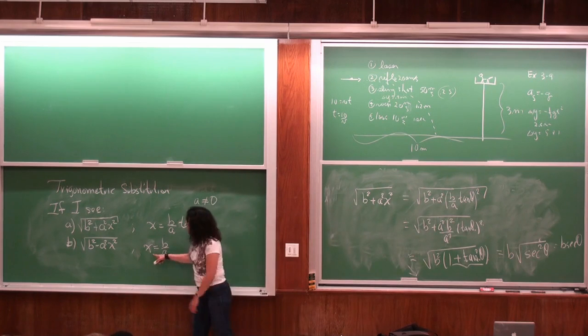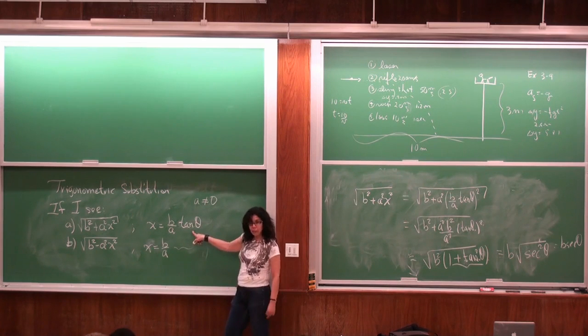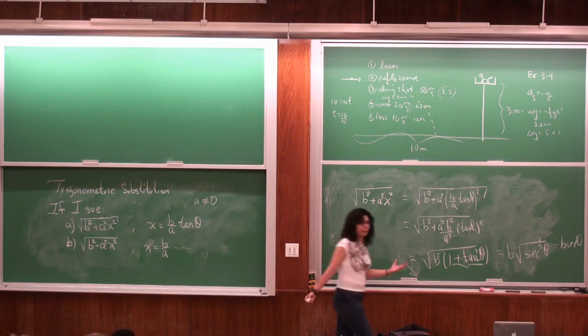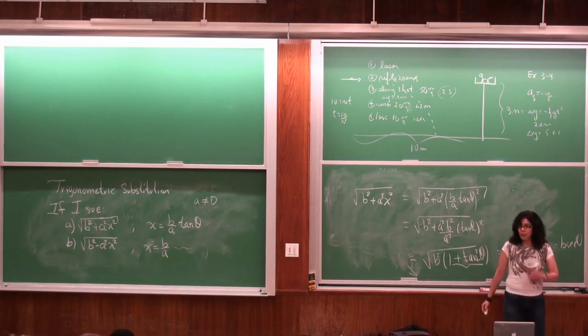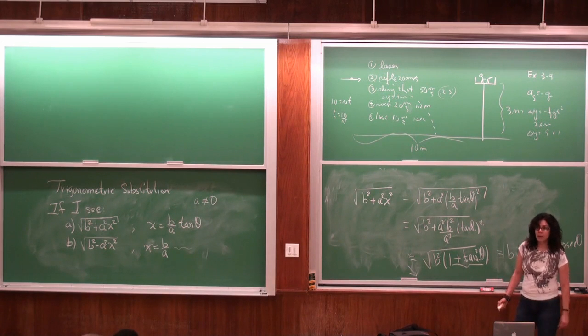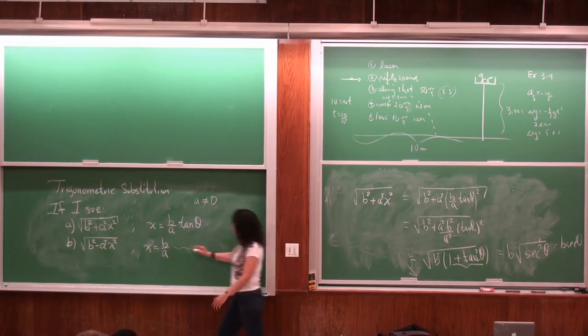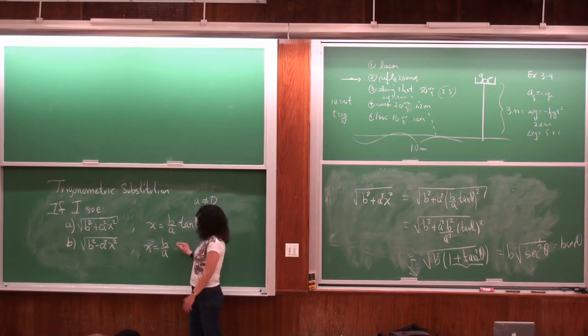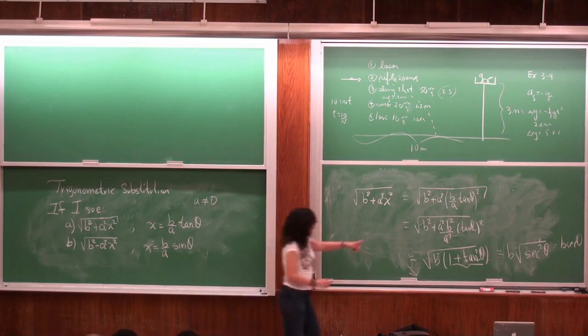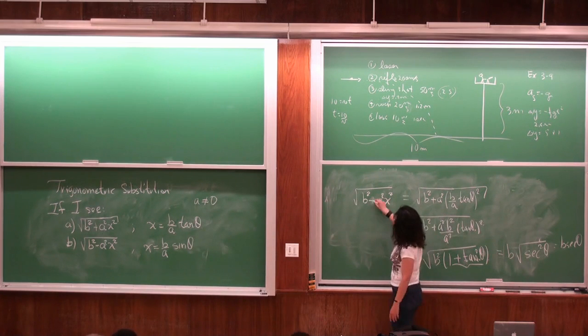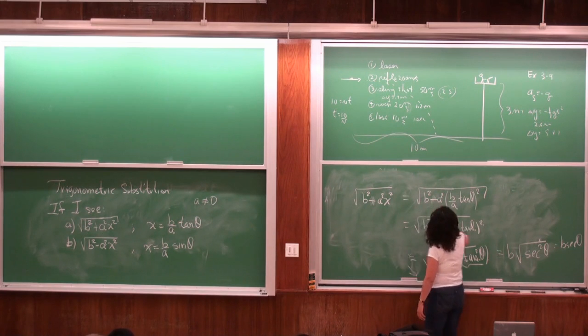So what should be the thing that I have to put here instead of tangent? Because tangent is not going to work. What will work? Exactly, sine or cosine. For example, I'm going to say sine of theta. Why is he saying that? Because now, all I have to do is change a plus here to a minus.